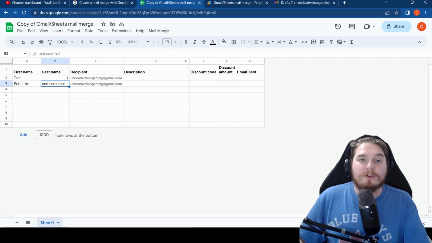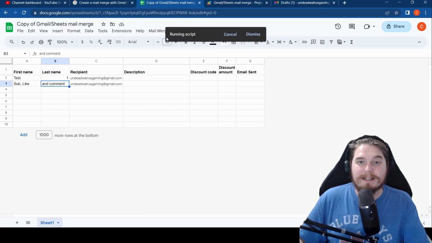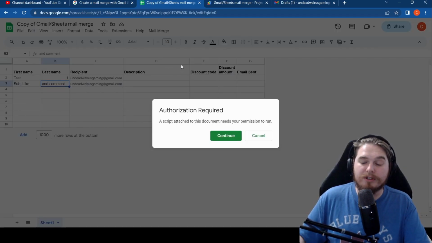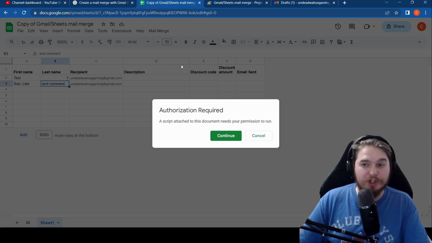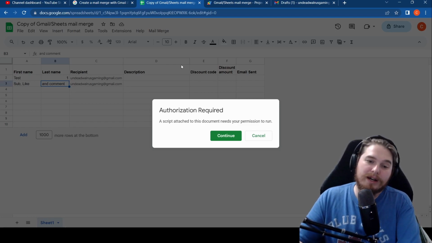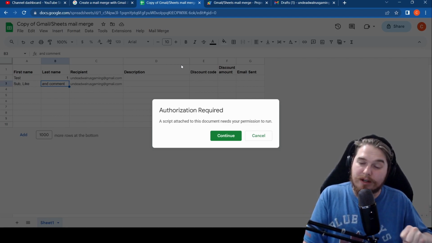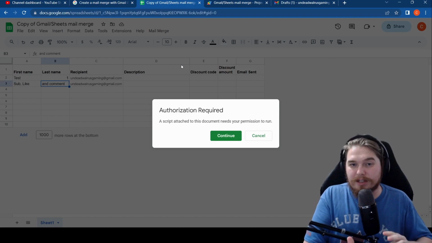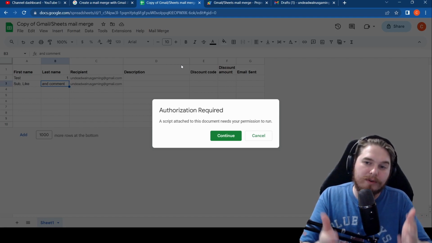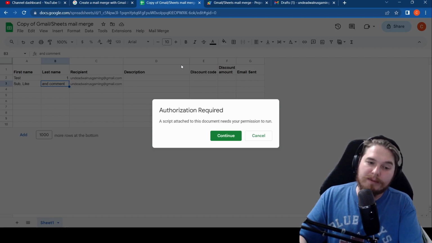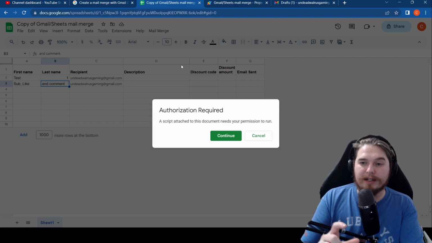Yeah, so we've got that all set up, and then you can notice there's a new menu here. Just hit mail merge and then hit send email. This then runs a script, but because this is the first time that we're ever running this script on this particular Google Sheet and I didn't write it, I don't have full permissions. I believe there are settings in Google that let you skip this step for all scripts within your own Google workspace, but I wouldn't recommend doing that